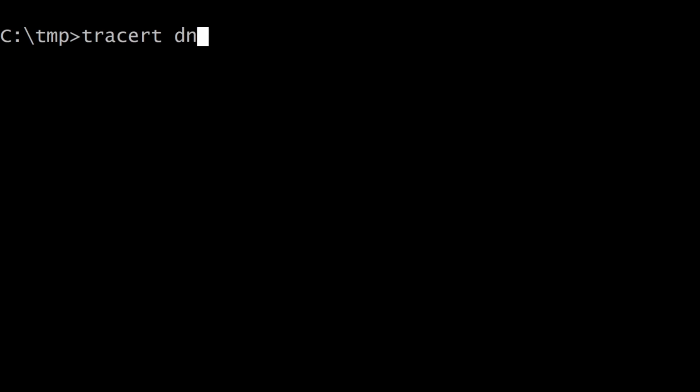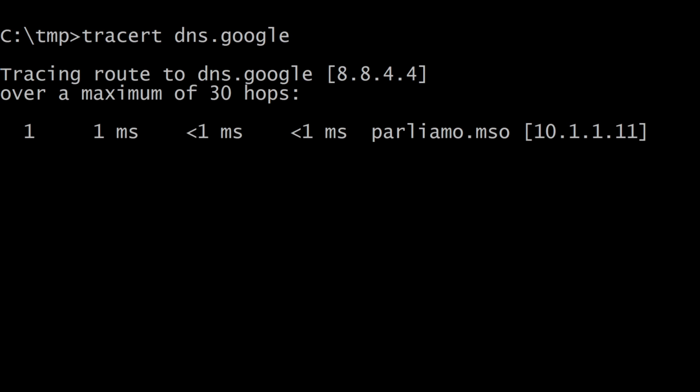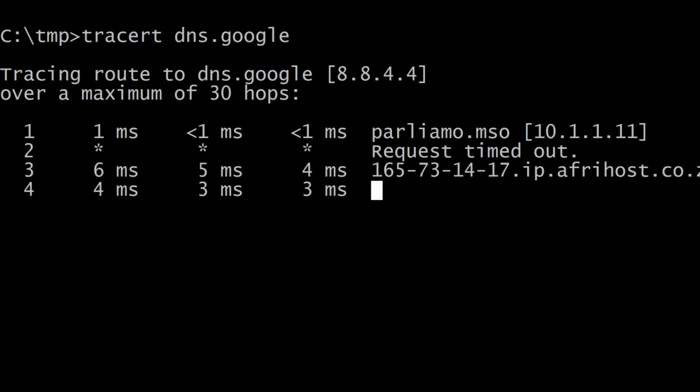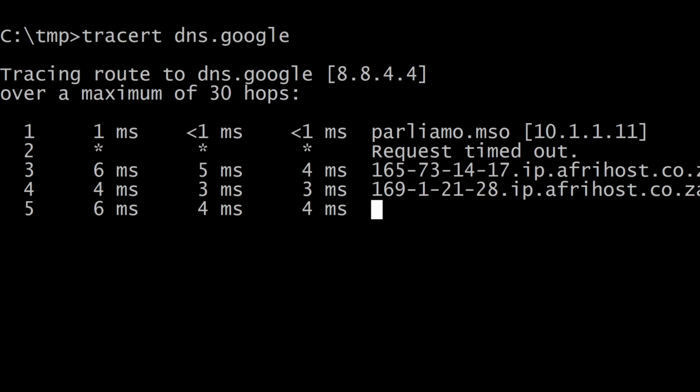One possibility, since we looked at dns.google earlier, is to look at the path that we get from dns.google, and we will find that it returns information about the various nodes between us and the destination. Some nodes won't respond. As you can see, node 2 there is not responding, but most of them should respond, and you can get a feeling for the path that this message is flowing.